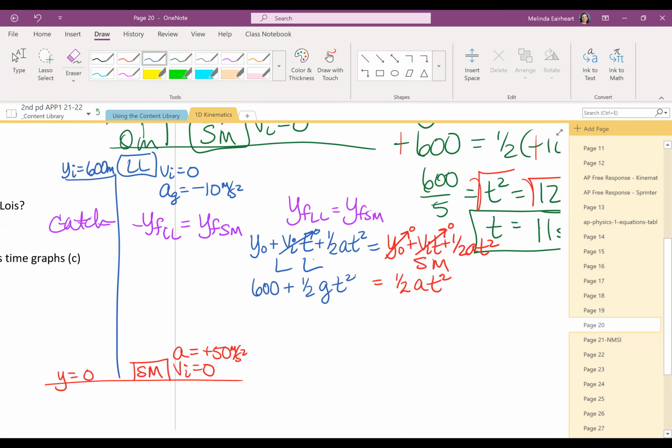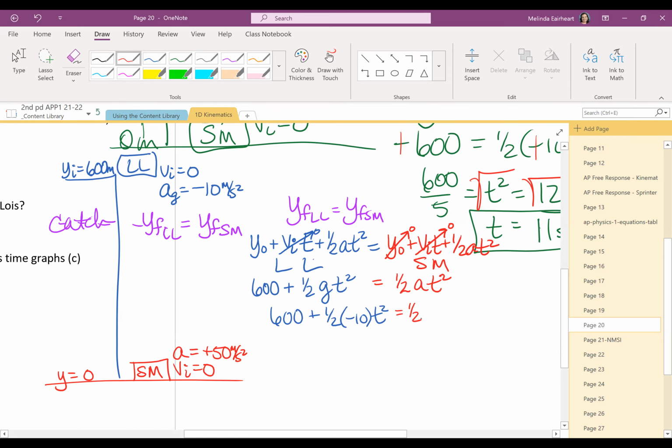He's got no reaction time. He immediately starts to accelerate. Time ends when he catches her. So these T squareds are going to be the same. That's what we're solving for. And so we get 600 plus 1/2 a -10 T squared equals,